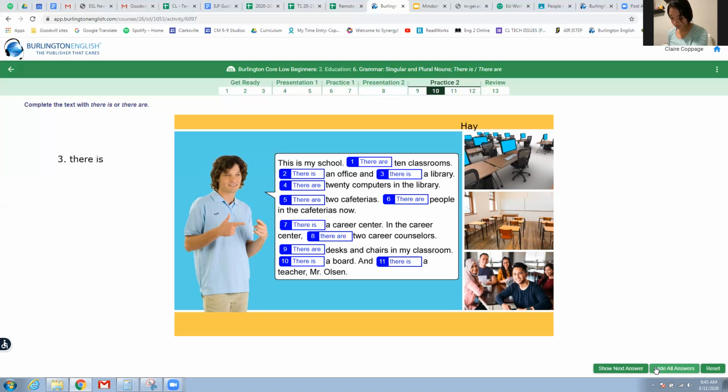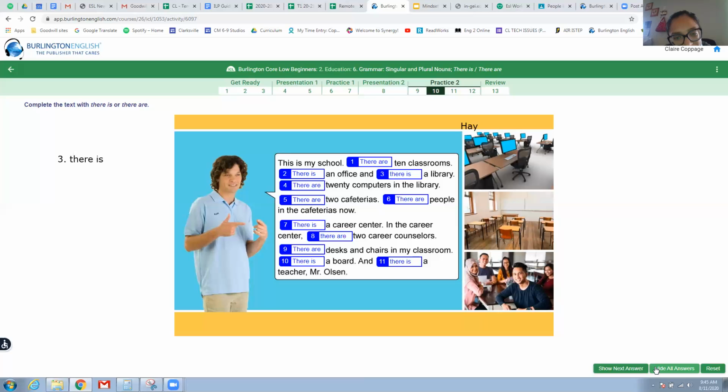This is my school. There are 10 classrooms. There is an office and there is a library. There are 20 computers in the library. There are 2 cafeterias. There are people in the cafeterias. There is a career center. In the career center, there are 2 career